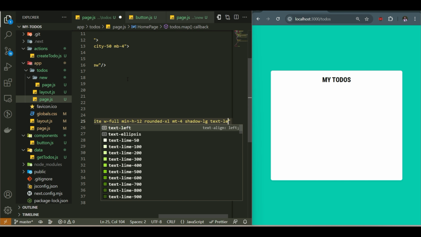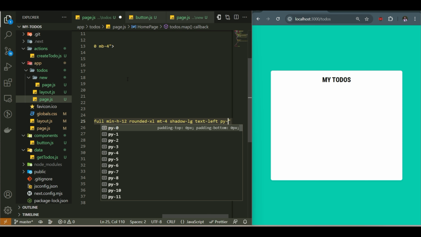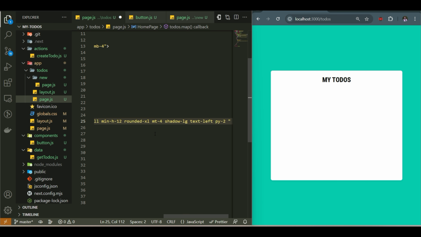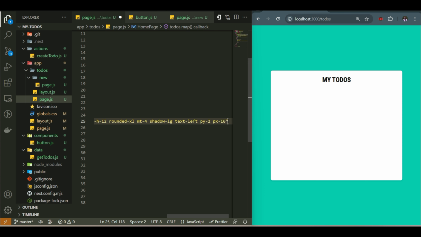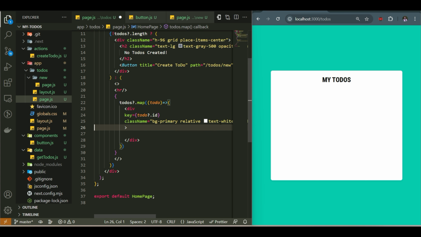I want text to be left aligned. I want some kind of padding from top to bottom. And what else? I think that's pretty much it. I want some padding from left right as well, like a lot of padding from left right, so like this. Okay, now